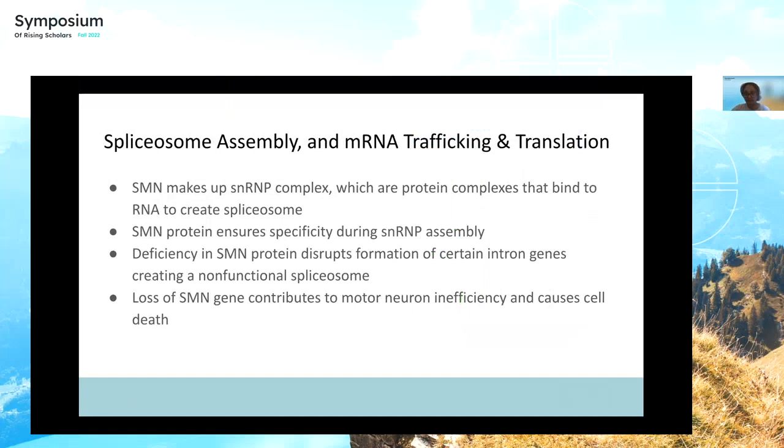a functional spliceosome. The SMN protein is associated with the macromolecular SMN complex, which ensures specificity during the snRNP assembly. And a mutated SMN basically causes the abnormal accumulation of these snRNPs, which correlate with disease severity. And deficiency in the SMN protein disrupts the formation of the minor snRNPs in charge of removal of certain intron genes. And a non-functional spliceosome means that important genes don't get spliced properly, leading to a larger effect on neuronal